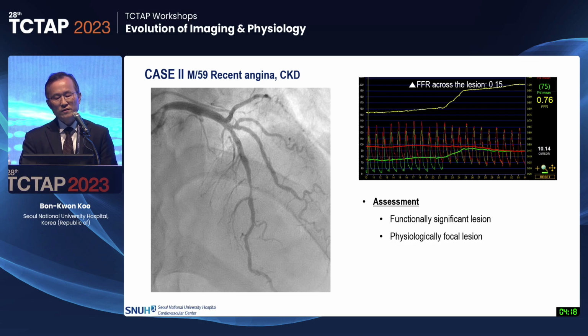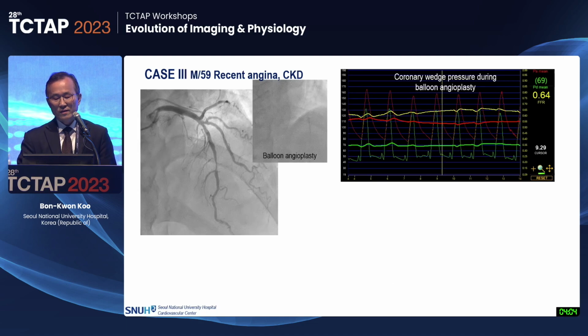But during this physiologic pullback recording, I can assess the hemodynamic significance as well as a physiologic lesion distribution, so that this curve is telling me that its function is significant and it's physiologically a very focal lesion. And the next will be how we fix this lesion, so that I may start with direct stenting or the trochoid balloon, so that during the procedure, while balloon angioplasty, as the pressure wire is there,